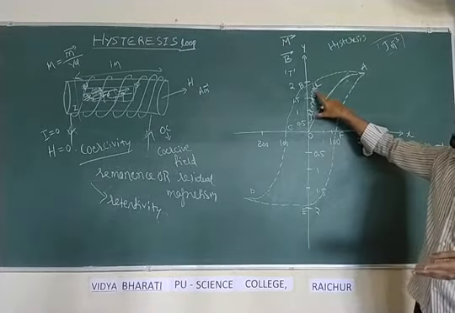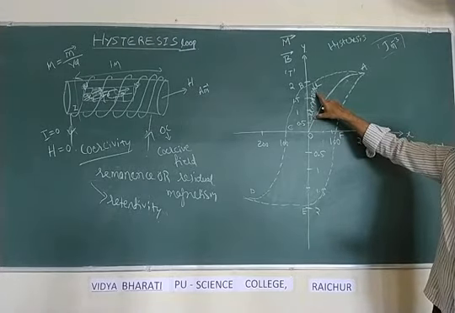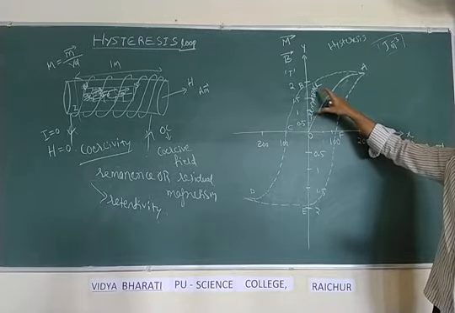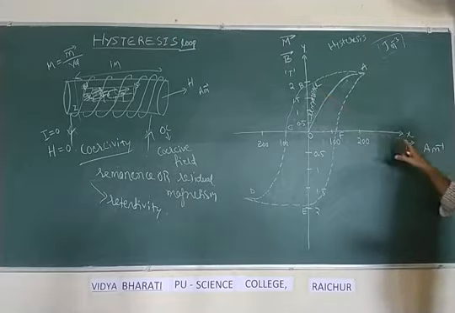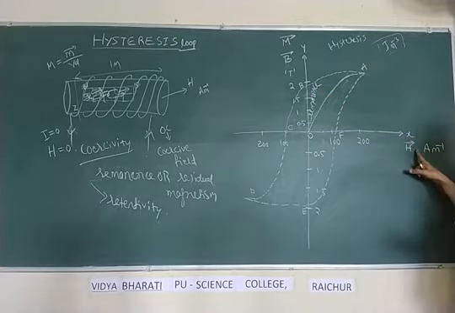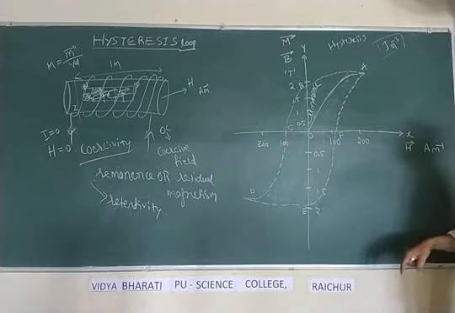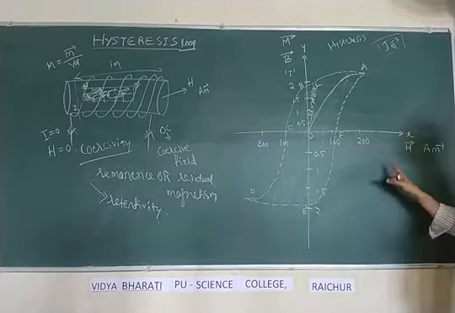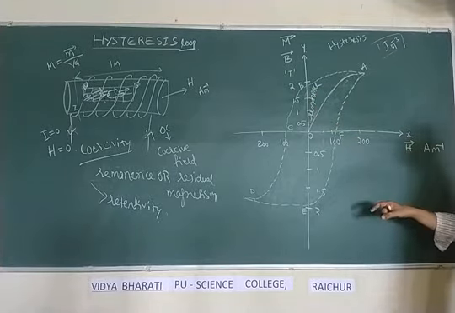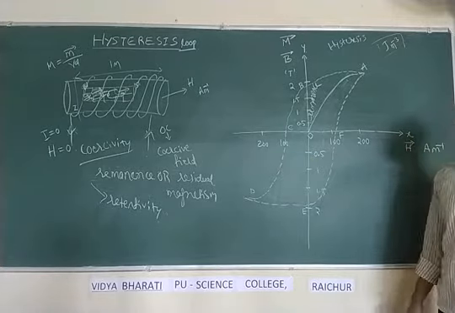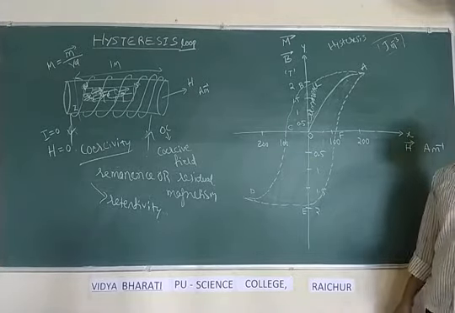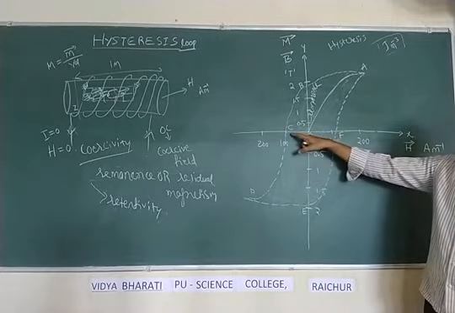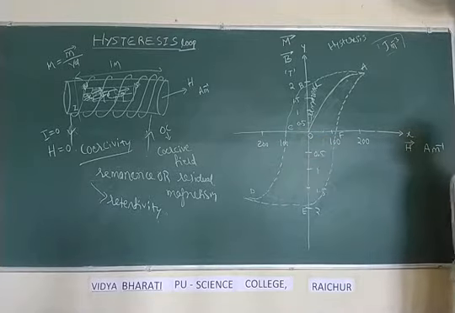Then remanence or residual magnetism is the magnetism left inside the material even after making magnetizing field intensity 0. Then retentivity is an ability of the ferromagnetic material because of which it can retain some residual magnetism even when H is made 0. Next, coercive field is a reverse magnetic field which is required to make residual magnetism 0, and the ability or property associated with the ferromagnetic material is called coercivity.